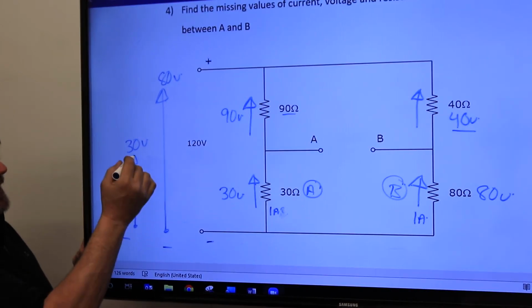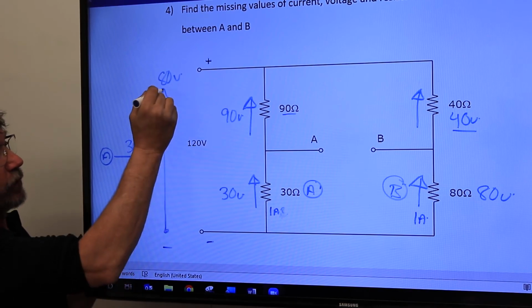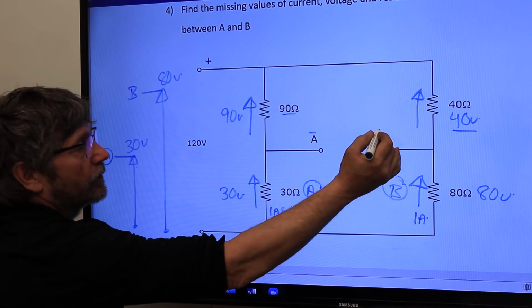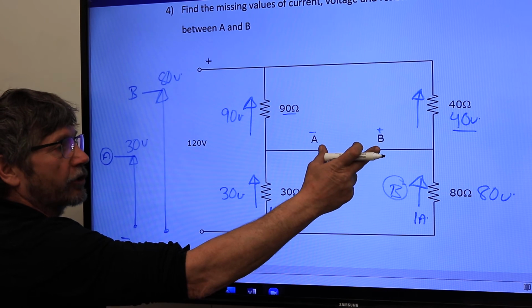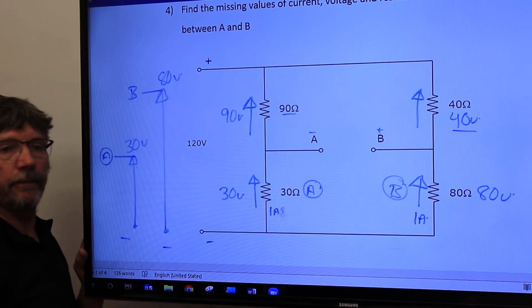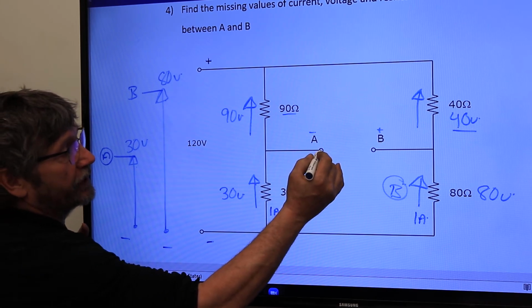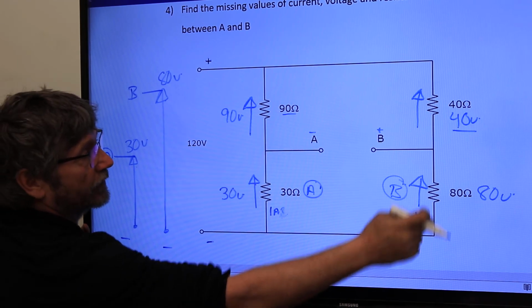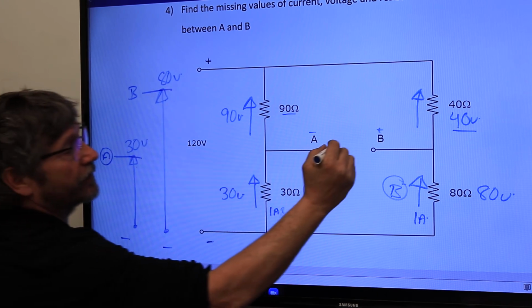So therefore, we can say, because we've got to remember, point A is closer to negative than point B. Therefore, A is negative with respect to B. If we were to put a resistor in there, we would get current flowing from A to B. Okay? Now, let's do a voltage drop. We want to know the voltage between the gap here, A and B. This one comes up 30, this one comes up 80. The difference between 80 and 30 is 50 volts,